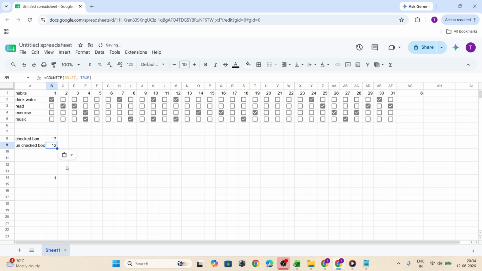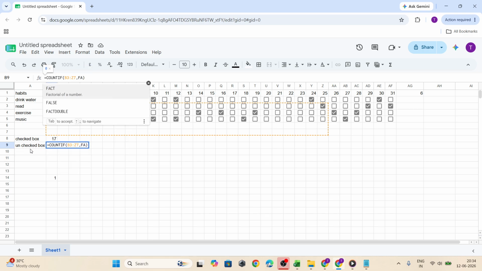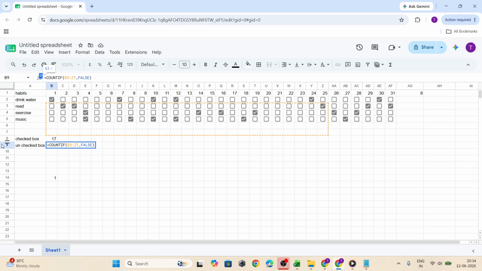If you want to count the total number of checkbox cells in the range, type equals COUNTA, then open parentheses and select the same range. Then close the parentheses. This counts all non-empty cells in that selection, which in this case gives you the total number of checkbox entries being used. It's a simple way to see the full size of your checklist, so you can compare it against the checked